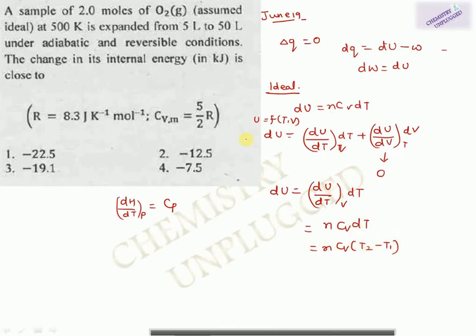When we are expanding a gas under adiabatic condition, then heat exchange is zero. When heat exchange is zero, then the energy needed by the system to do work will be taken from its internal energy. The only source of energy is the internal energy of the gas, and if you are using internal energy of a gas, its temperature will automatically decrease. So we need a final temperature. So how will we get this temperature?